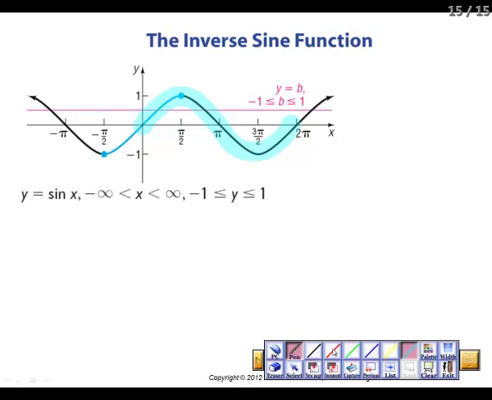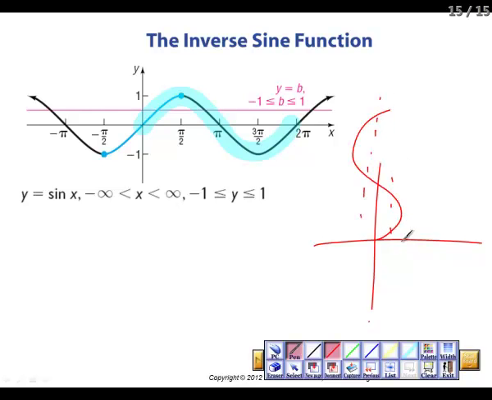And its inverse basically would look something like this. Well, we can see that the inverse is not a function. This would be y equals inverse sine